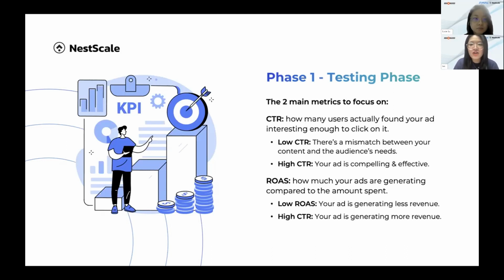Similar to CTR, your ROAS will also give you clues about whether an ad is a winning one. ROAS will tell you directly how much your ads are generating compared to your ad spend amount. The higher the ROAS, the more revenue that the ad is gaining. And when looking at both metrics, you can identify and allocate appropriate resources right away to the top performing ad campaign that will yield the best final results.